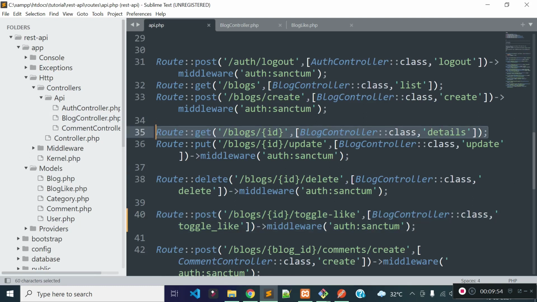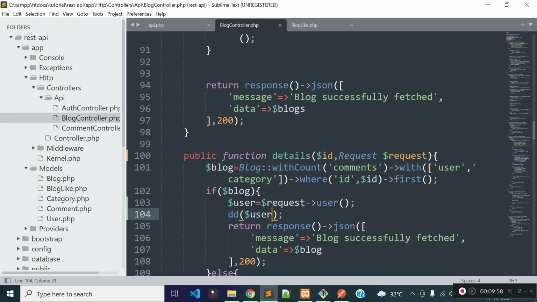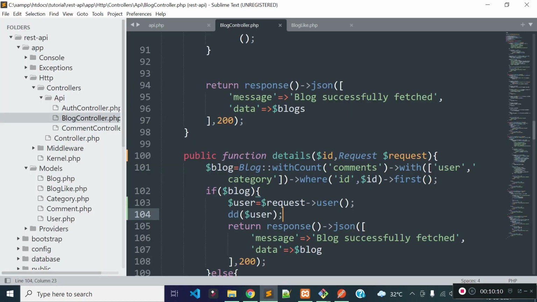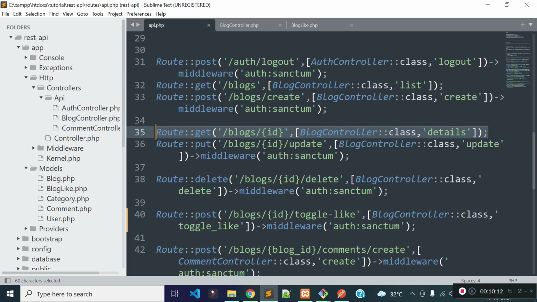We don't have a middleware called auth:sanctum on this route. That's why we are unable to get currently authenticated user data from the request user method. Then how will we get currently authenticated user data if a user is providing an API token through the authorization header and the route doesn't have the auth:sanctum middleware?